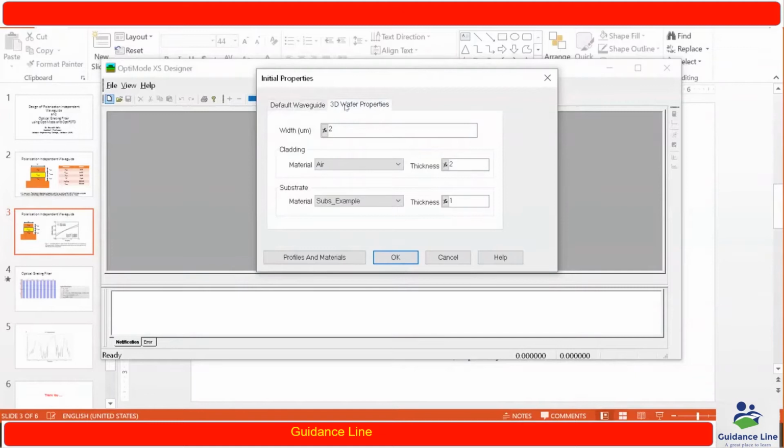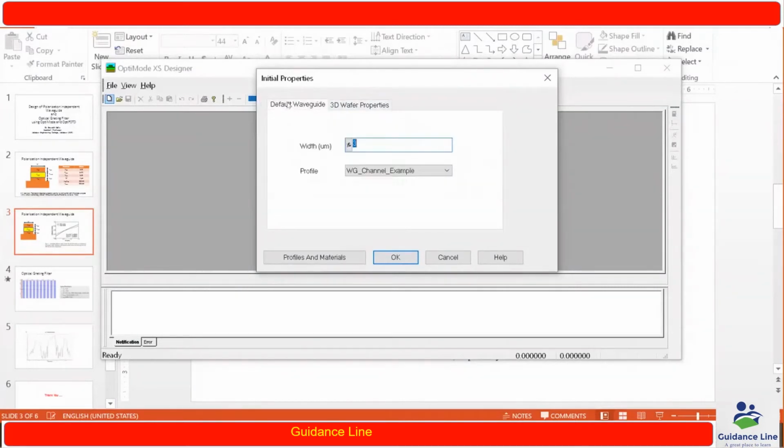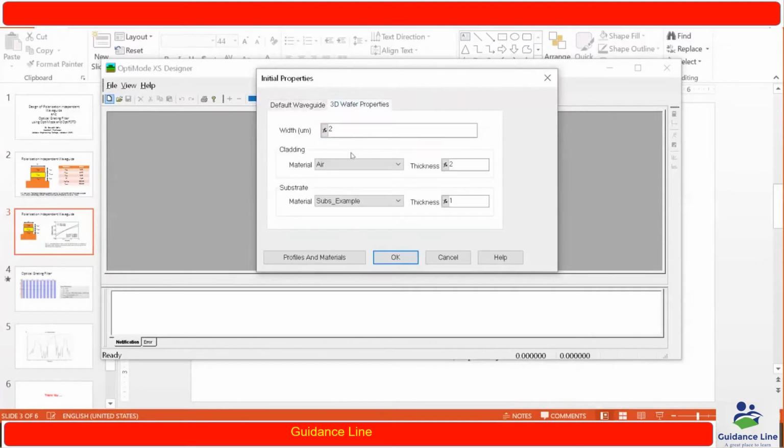Apart from that, for the 3D wafer properties, I am making a cladding thickness of 2 microns, and the material I am considering as air right now.